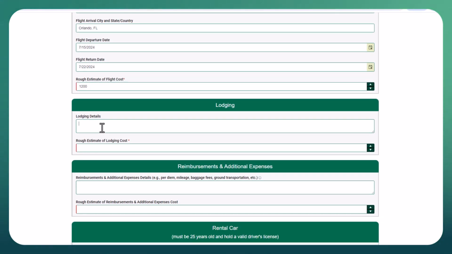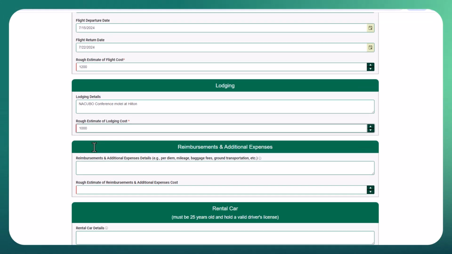Then you can continue to the lodging details. I'll put NACUBO Conference Motel at Hilton, and I believe it will be approximately $1,000 for the lodging.